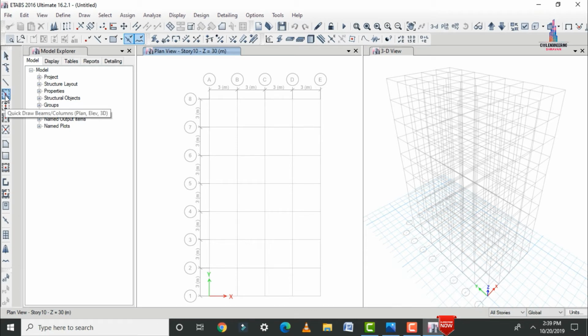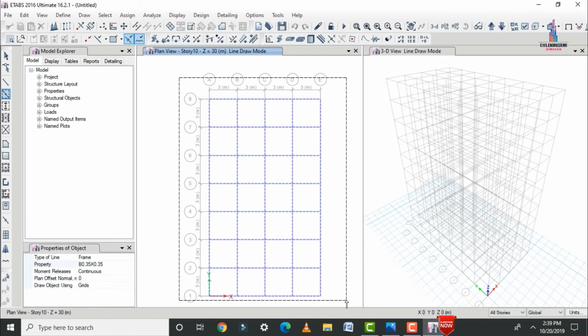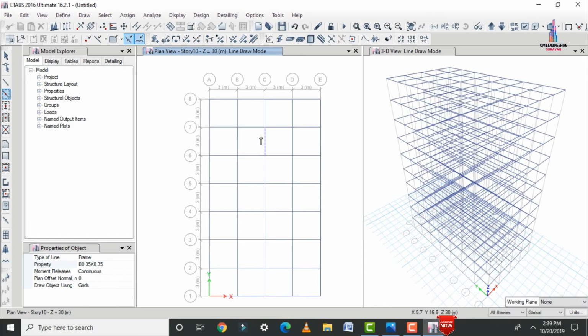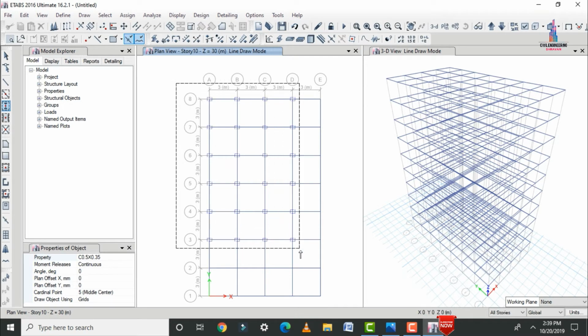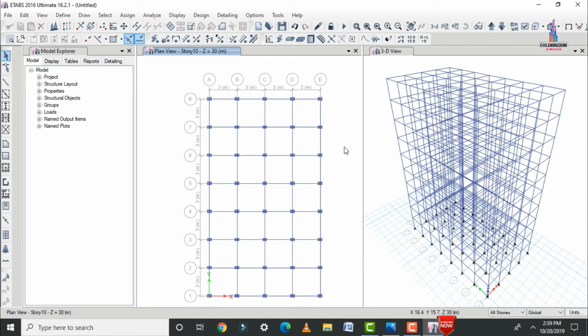So here I am selecting this respective beam sections property, and we have to change the property from column to beam here. So we have to drag over the respective model like this. So it will assign your respective property of beams for the 2D view and 3D view like this. So after that we have to select the I sections, and select the property name as column. So here I am selecting all the respective property like this. So it will assign your respective column sections like this.